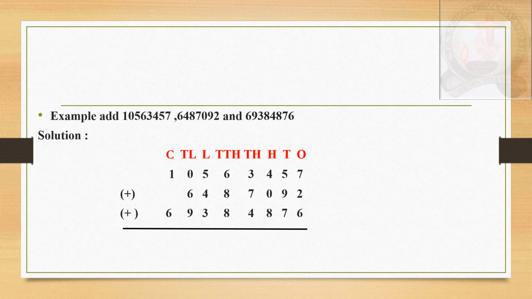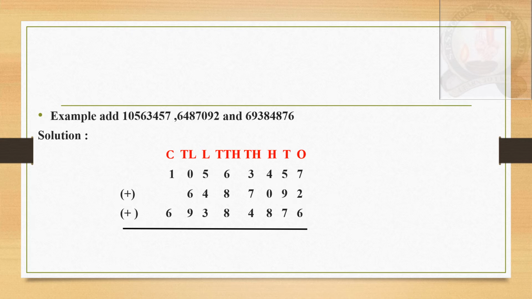Now we start to add: 7 plus 2 is 9, 9 plus 6 is 15. Now we got 15 here. In this, you should ask a question: why should we write only 5 here, why should we carry this 1? Because in this 15, there are 5 ones, so we should write 5 in the ones place. This 1 shows it's 1 ten, so it should go to the tens place, 10. So 5 ones should come to the ones place, and 10 should go to the tens place. That is the reason we carry this 1 to the next digit.